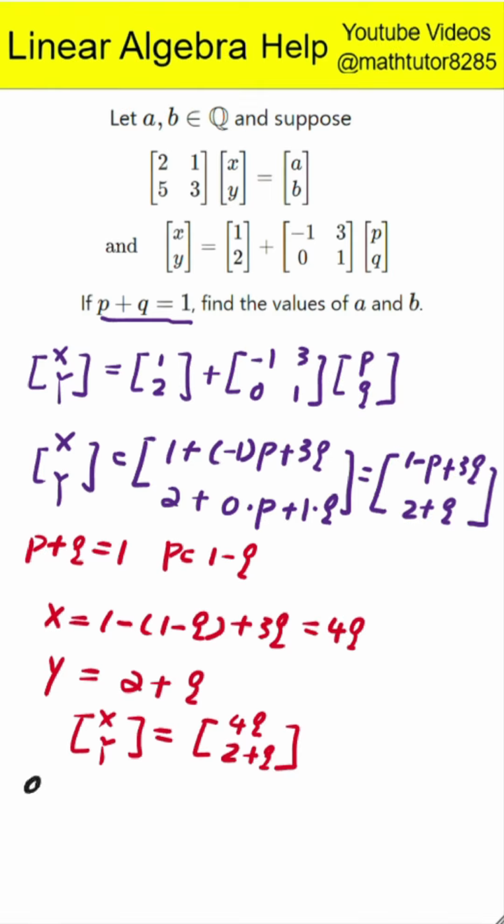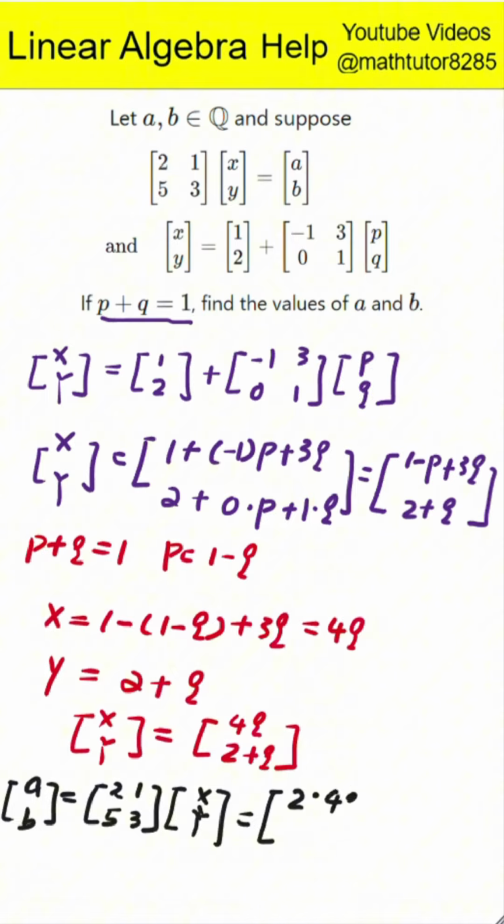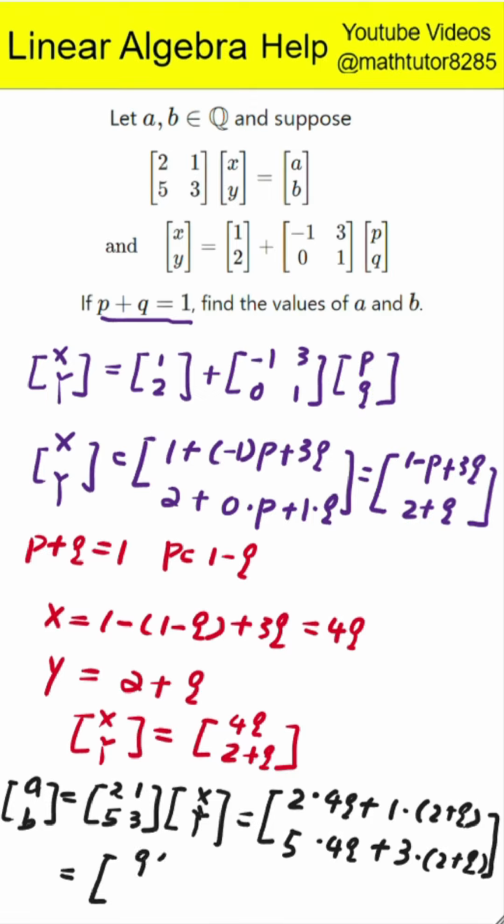Next step is to plug into the first equation. Now we substitute x and y into the first matrix equation to find A and B. We multiply the original matrix, which had rows 2 and 1 and 5 and 3, by the vector x and y. For A, multiply 2 by x, which is 4q, and add 1 times y, which is 2 plus q. That gives 8q plus 2 plus q, which is 9q plus 2. For B, multiply